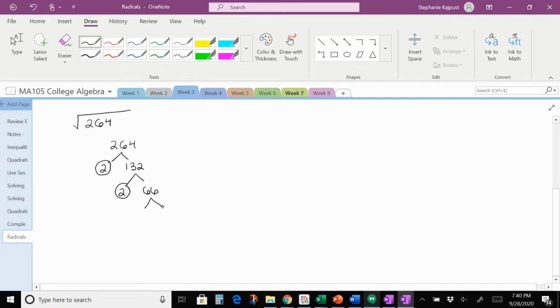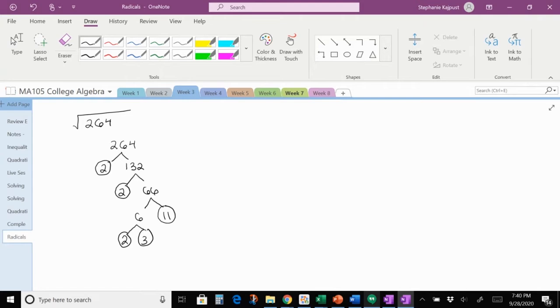And 66, I know, is 6 times 11. So 11 is a prime number, but 6 isn't. That can still get split up, and that is 2 times 3. So you do this prime factorization, and for the square root, we want to group things in pairs whenever possible